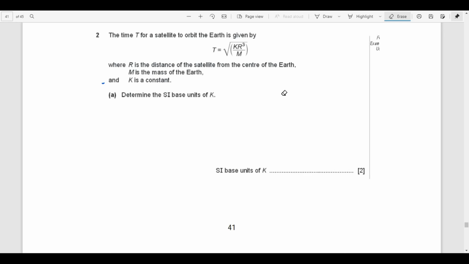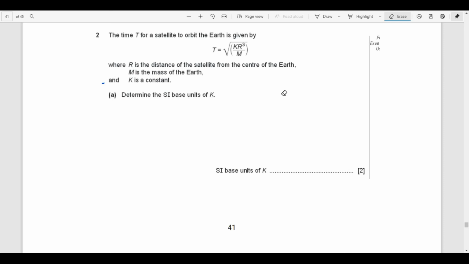So here is another question, but this question I am not going to solve. It is the question for you. You will solve it yourself and share the answer with me by commenting below in the comment section. I request all of you to please write down the equation as you see in the question paper on the screen. Do write the equation in your copy. Every single term here is explained and described.